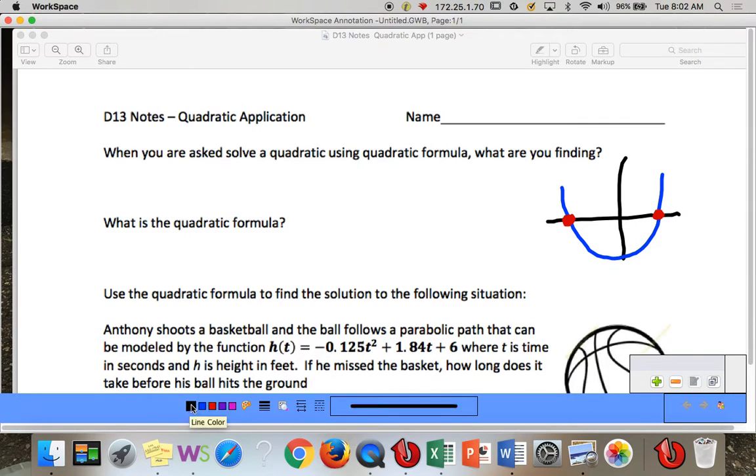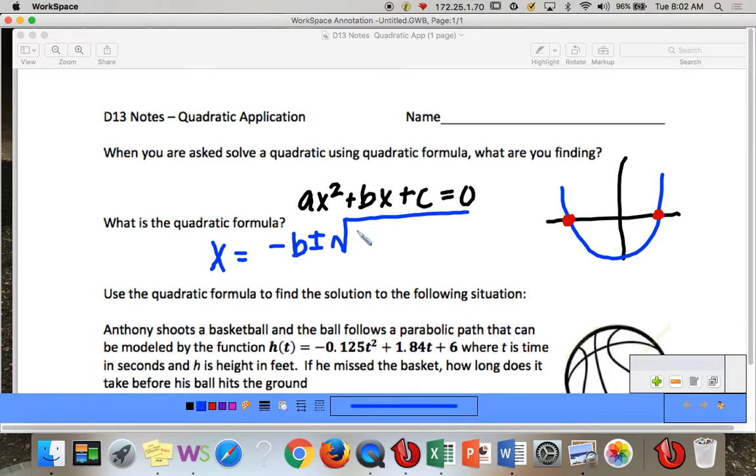What is the quadratic formula? Well, if it's in this form, ax squared plus bx plus c equals 0, we know a is the number next to the x squared, b is the number next to the x, and c is the number by itself. We can plug into the quadratic formula, which is x equals opposite b plus or minus the square root of b squared minus 4ac, all over 2a. So we've been practicing using this formula for a while to find the x-intercepts, the zeros, the roots, the solutions